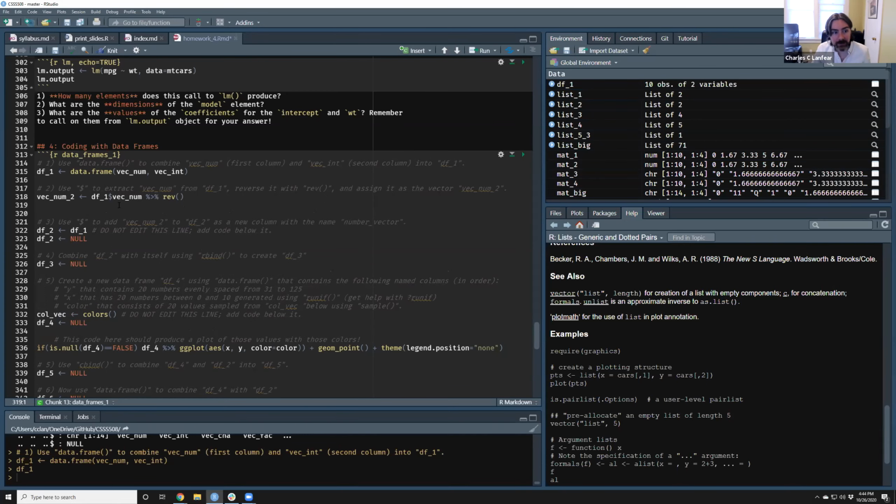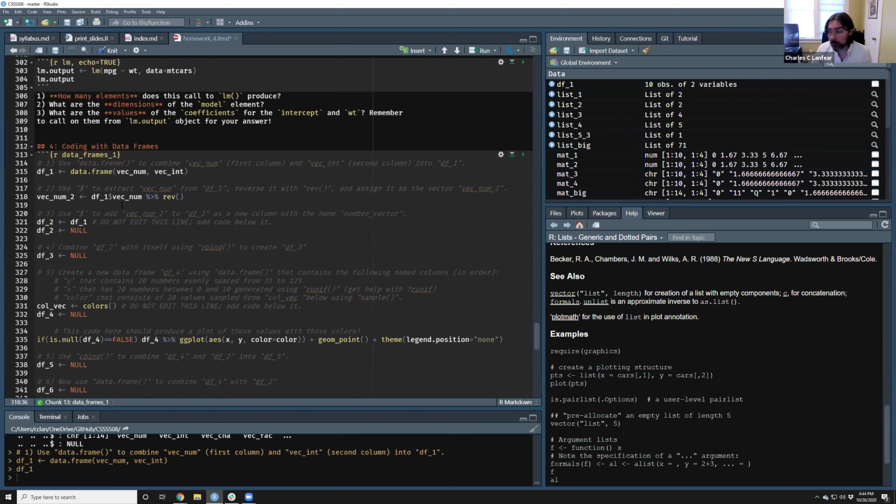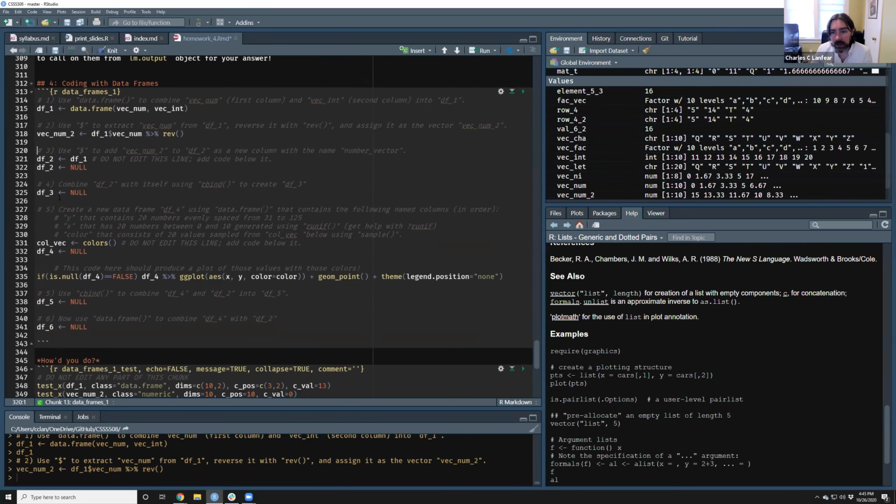So this is a way that literally shows the order that we want this done in. This one says, take data frame 1, extract vecnum, and then reverse it and assign the result of this entire thing to vecnum2.